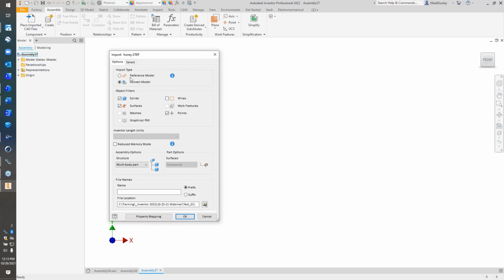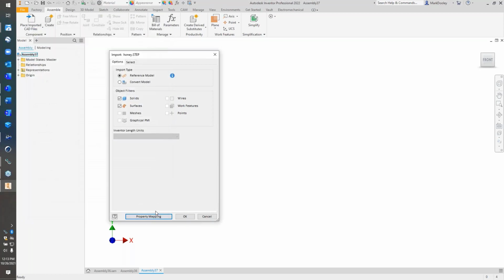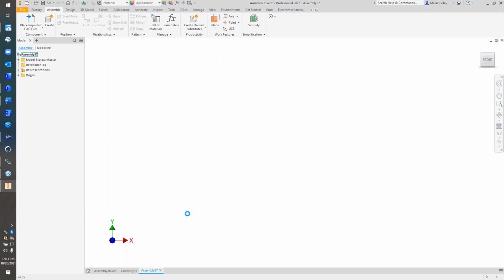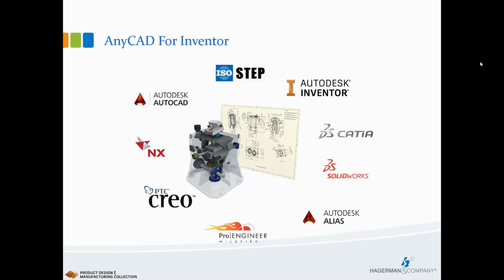And here we go, we want to convert or reference. Well, we're going to place this one as a live reference. So it is coming from a STEP file. We still have some property mapping, if there was any information saved on the export side that we want to bring in, if we know who saved it from what software. I'm going to say okay here and let it go out and start building this in the background. And while this is working, I'm going to flip back over here to the slide deck